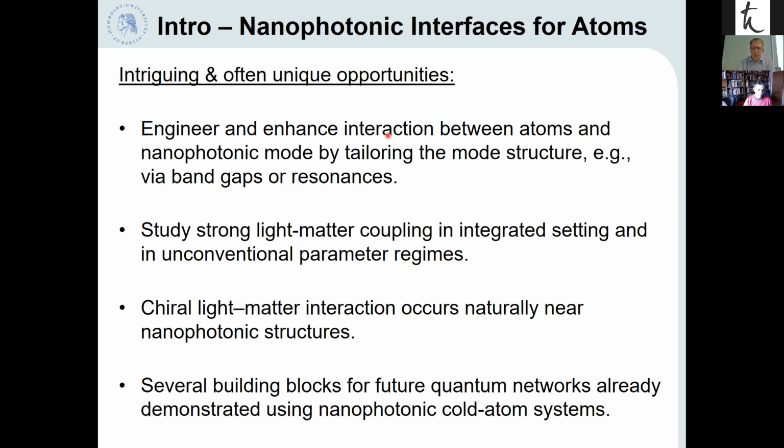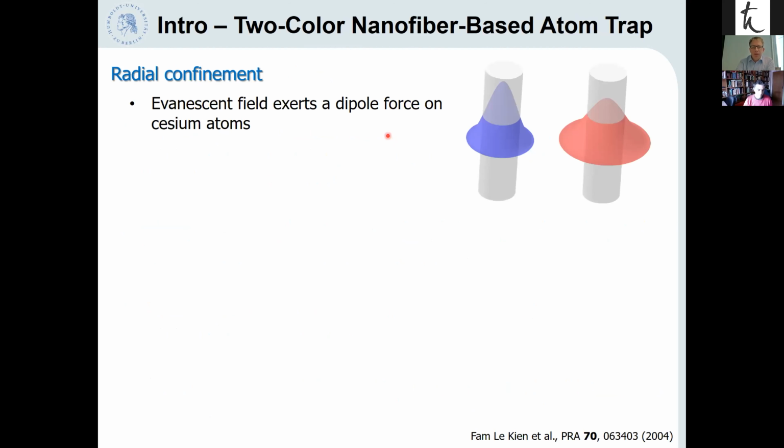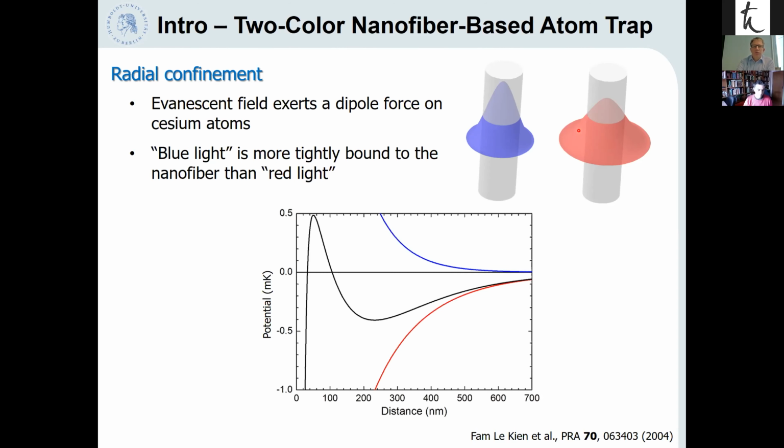So the experimental platform that we work with in our group is a so-called two-color nanofiber-based atom trap. So here we trap atoms using the evanescent field surrounding a sub-wavelength diameter optical fiber. And this evanescent field exerts a dipole force because it's far detuned. And we do actually send red and blue detuned light simultaneously through the waveguide. And the blue light will repel the atoms from the waveguide, while the red light will attract the atoms towards our nanofiber. And this fact, in combination with the stronger confinement of the blue light to the nanofiber, which means